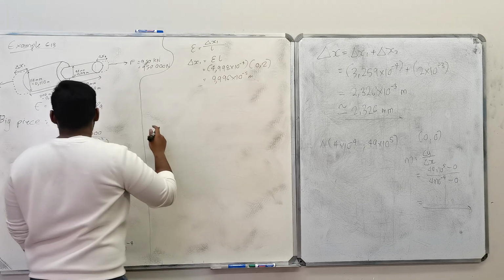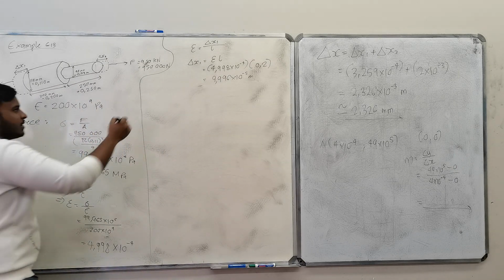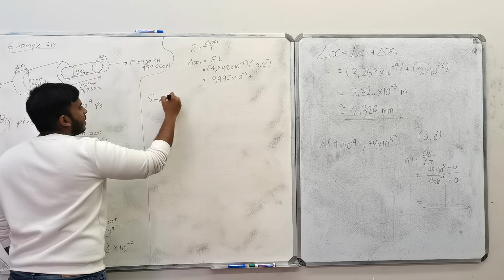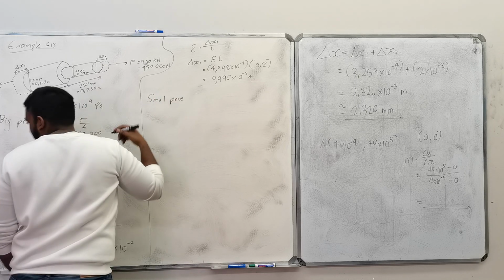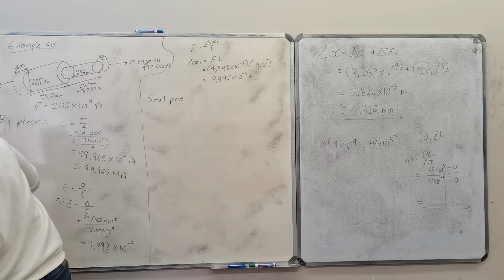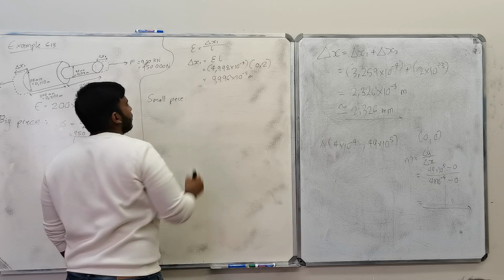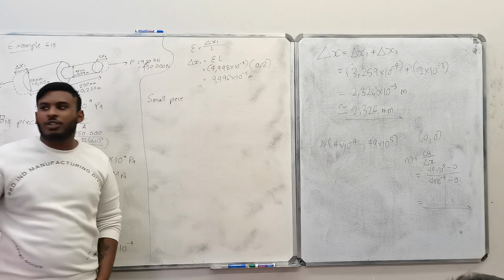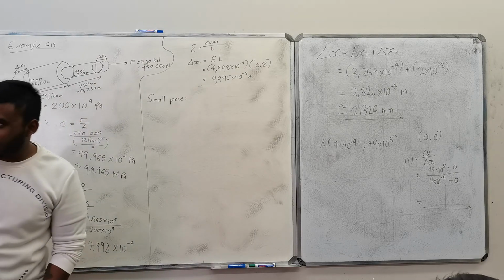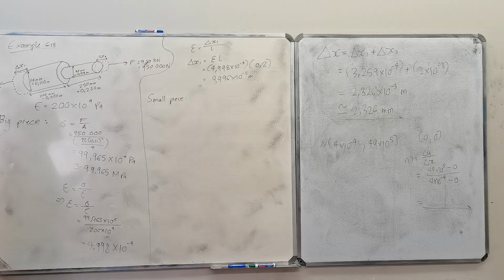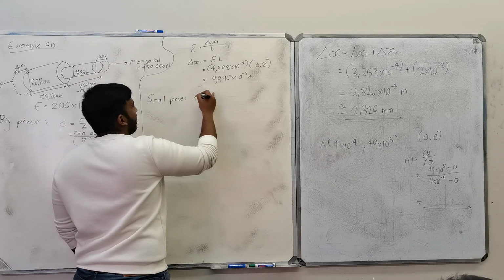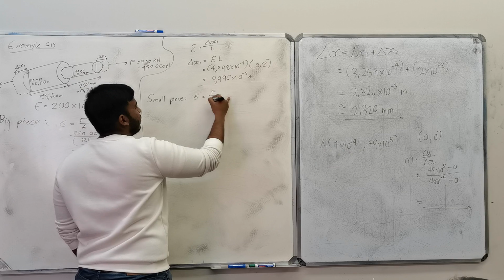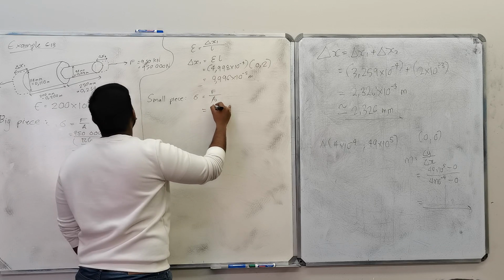Same method, right? For the small piece, process again. We need to work out stress. Use the stress in the Young's modulus formula to work out the strain. Once we get the strain, we can solve for the change in length. Okay, so let's work out stress. Stress is equal to force over area. Force is